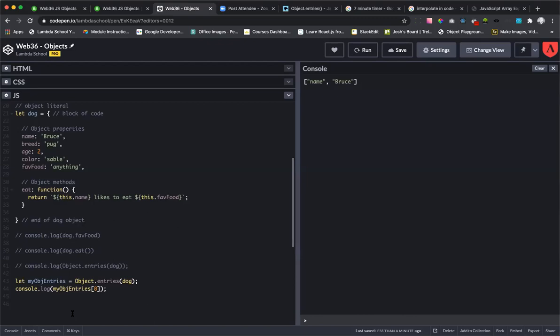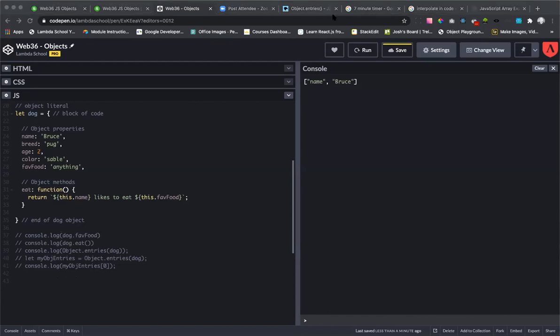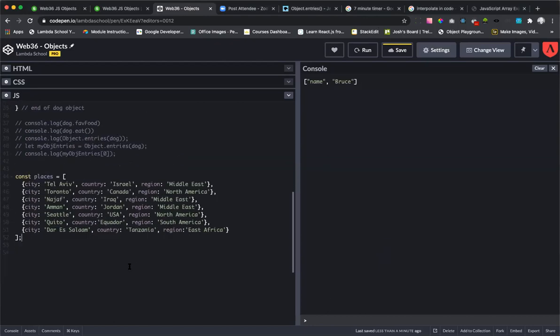Okay. So those were just to answer some of the questions that we saw earlier about how we could access those. We can also make our own arrays that contain object information. So we've got this prepared array I want to show you called places. It's got all these different places in the world. And so if I were to log this,